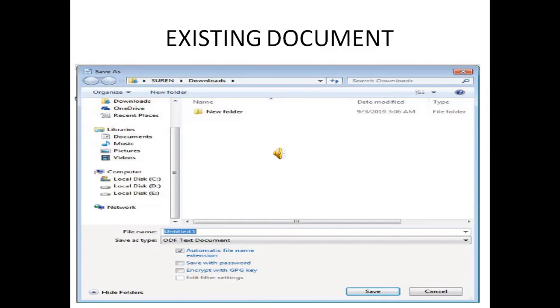Close the documents. Close the current document by selecting File, Close command on the menu bar, or click the close icon if it is visible on the standard toolbar. Next, printing a document. Open the document to be printed and choose File, Print command on the menu bar. The Print dialog box will open. Select the options like print range, number of copies, printer name, etc. See that the printer is switched on and the paper is available in the printer tray.